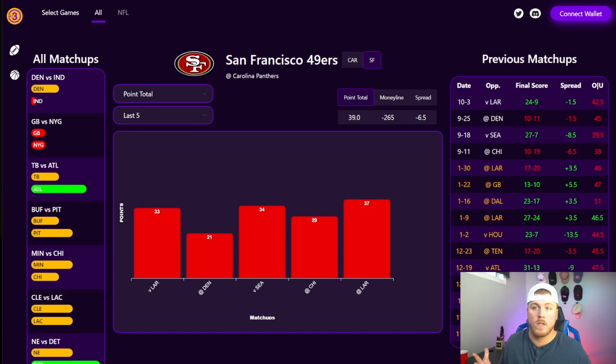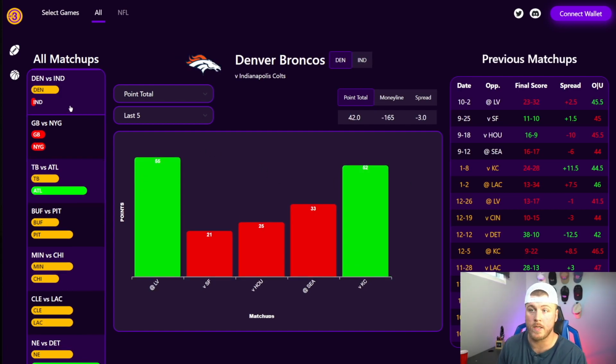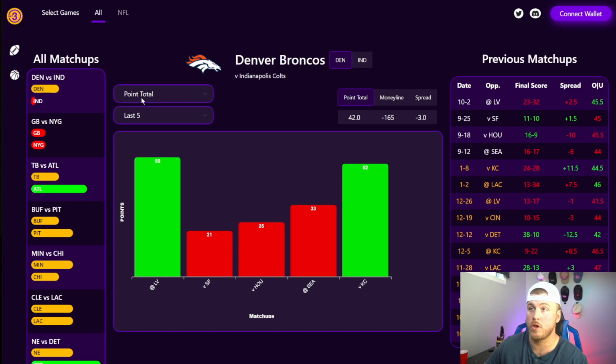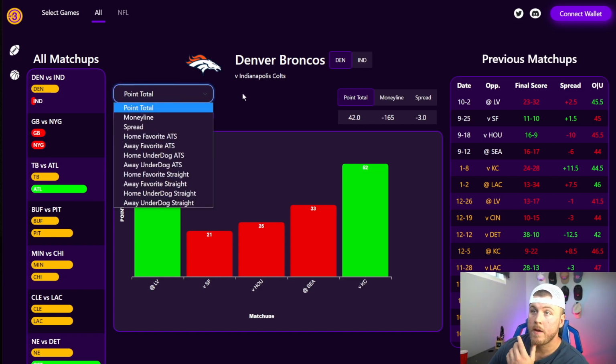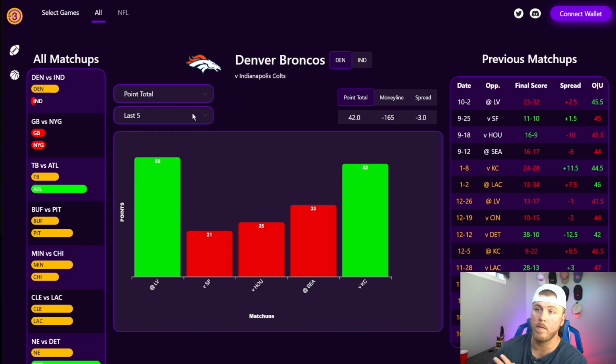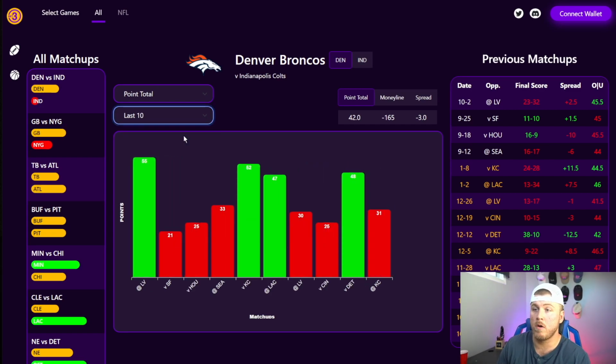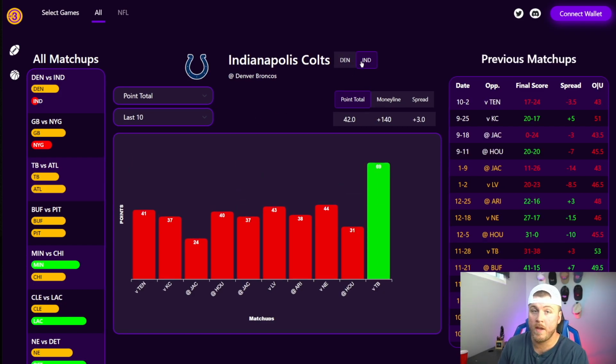So how can we use this tool to be the most profitable sports bettor? If you go to the top, let's scroll to the game that happened on Thursday. We already know that the Colts won by 3 points and that the total score was 12-9. So if you look at the chart, let's see some things. The point total for the Broncos in the last 5 games, let's change it to the last 10 games. The Broncos have only hit 4 of the last 10. They've only hit 1 out of the last 4. If you go over to Indianapolis though, they've hit 0 of the last 9 point totals. So this chart pretty much shows you there's a strong likelihood that this game goes under,